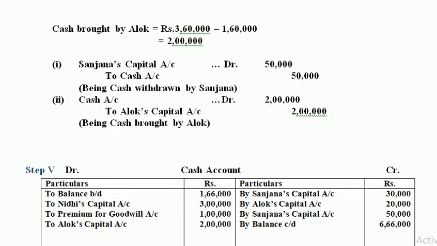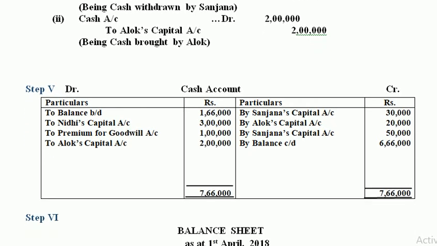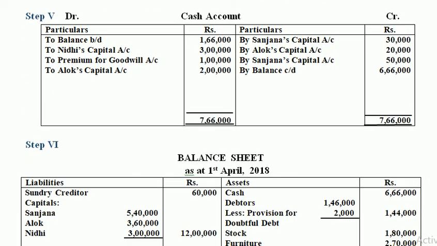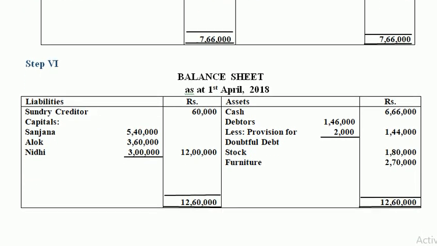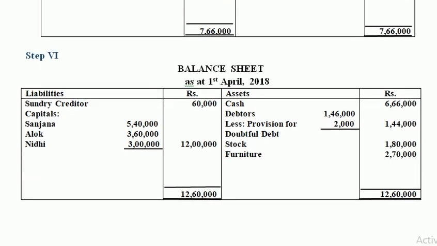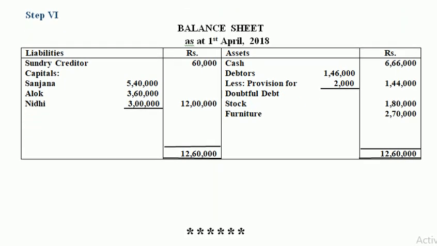And why am I writing these steps again and again for you all? Because remember children, we have 21 marks of questions coming in the exam. In every exam, including the board exam, you'll have a 21 marks question, and those 1 mark questions can be from any area. So when we do all these 6 steps in this full question, you are taking care of everything, so you should be able to answer 1 mark conceptual questions or 3 marks conceptual questions. Some children were asking me, sir, shall we do working notes? Can't we do the revaluation account, partners' capital account and balance sheet directly? My answer is no. Please show all these steps so that you are ready for 1 mark and 3 marks questions.